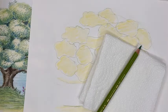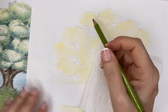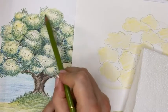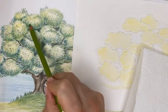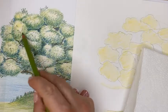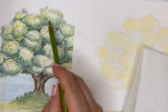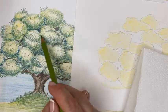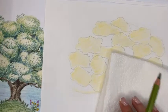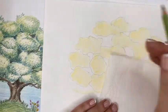Okay, kitchen towel at the ready, light green at the ready. So, as we said before, our aim is to have all of our highlights at the top. Our yellow's going to stay nice and bright at the top of our clumps of leaves, the top of our sections. And then we're working on the mid-tones now with our light green, in the middle and towards the bottom of each section. So with your light green, if we start at the top and work our way down,